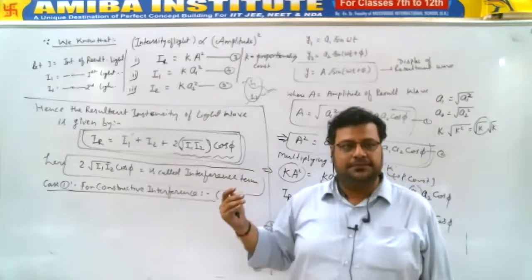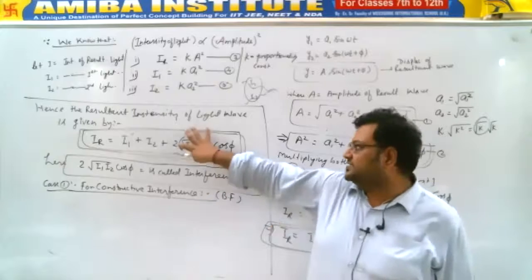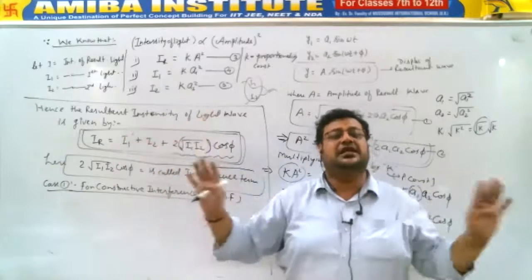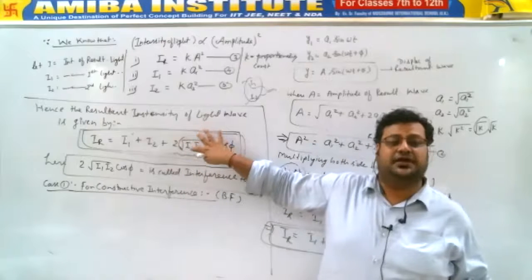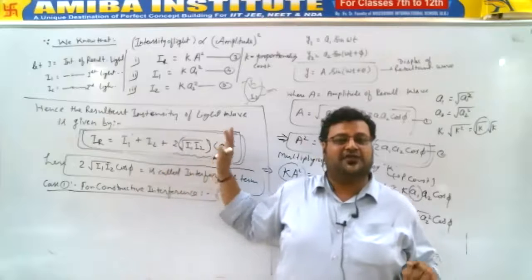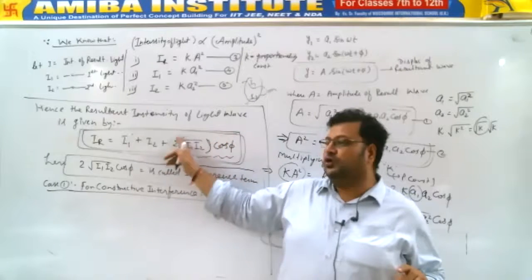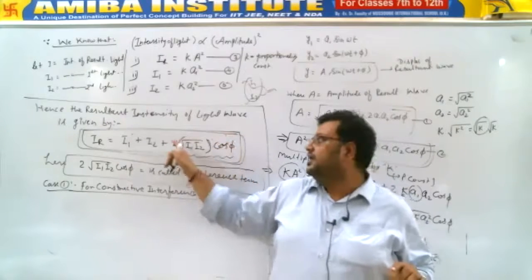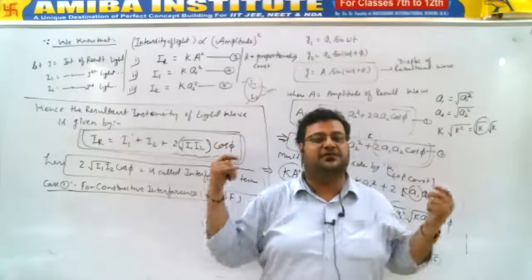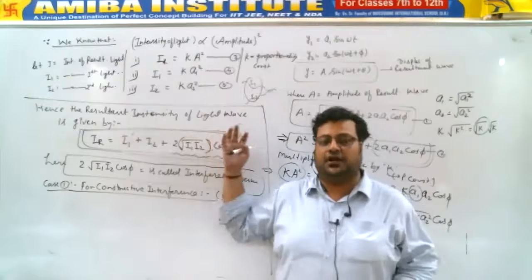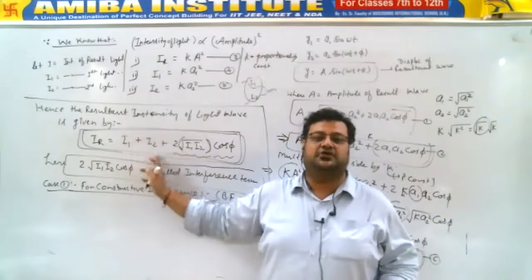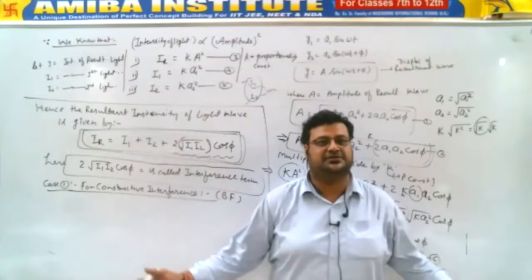And similarly, it could be minimum. If there is no term, then the intensity always remains I1 plus I2, the general illumination. If this term is not there before superposition, this answer would be there. After superposition, if there is no interference, it means this term is not there and the same answer will always be there. Whatever the time, whatever the situation, if interference is not occurring, you will always get only I1 plus I2. It is 3 plus 2, 5.